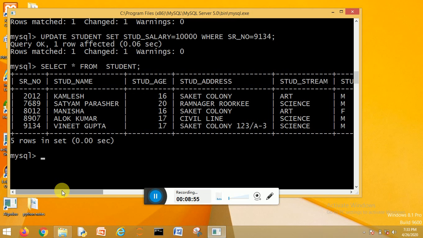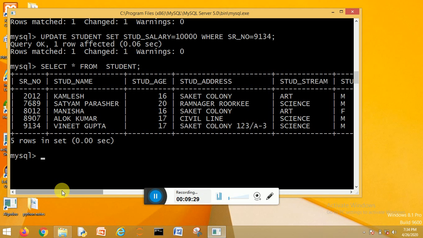Now when you add the column, the whole value will be null in that particular column. And to update the particular column, you have to use the update command. Update table name, set the particular column name and the value you want to give it, like salaries. But if you want to update the record of a particular row, then you will have to mention the SR number of that particular row.